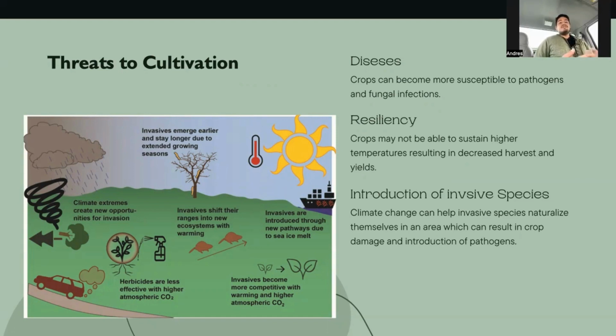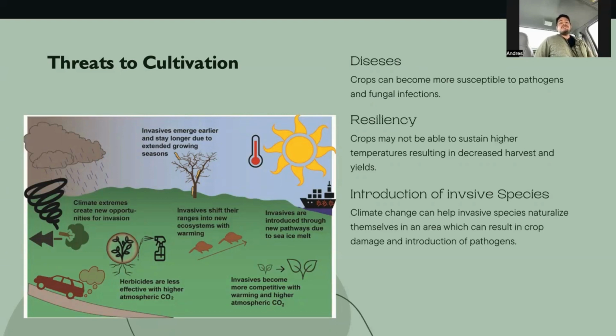And this can have large-scale implications, especially here in the state of Florida, where cold weather produces a lot of the crops we eat during the spring and summertime, such as broccoli, carrots, spinach. So a shorter window of cold weather can cause these crops to have lower harvest and put more stress on farmers. But also changing weather patterns can have a big impact on the introduction of invasive species, as invasive